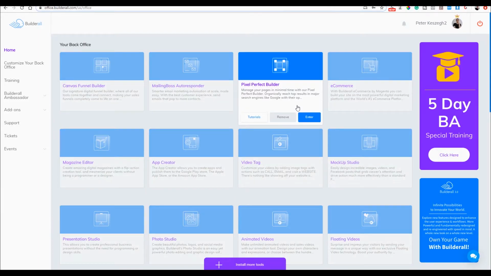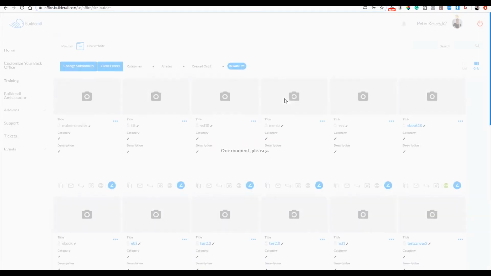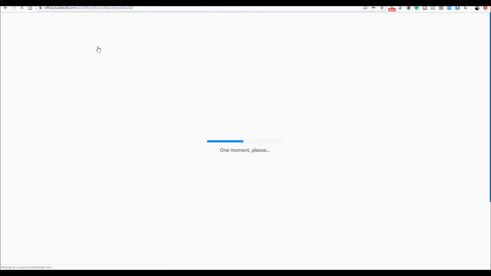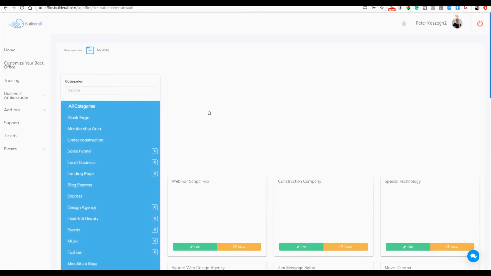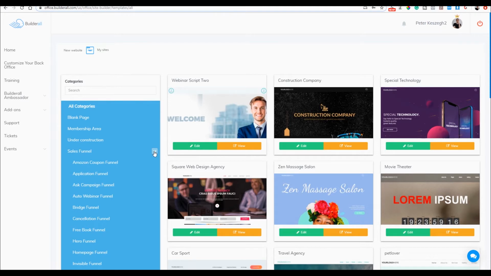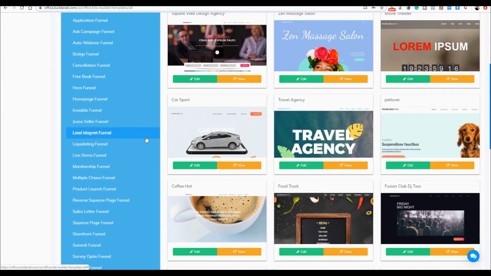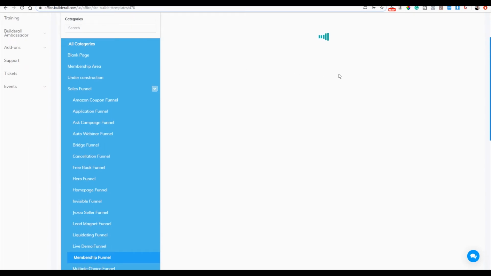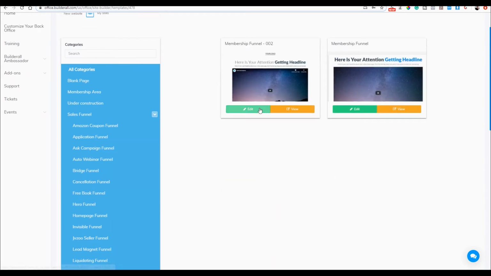Let me give you another solution for building a membership funnel quickly. First, we go to the Pixel Perfect Builder. A new website. I choose Sales Funnel category and Membership Funnel. Let's open this in the editor.